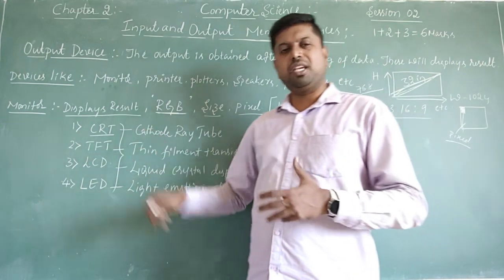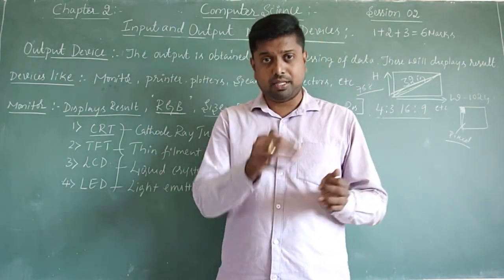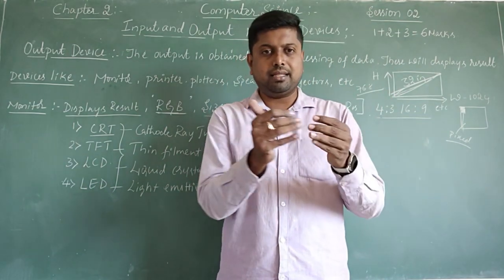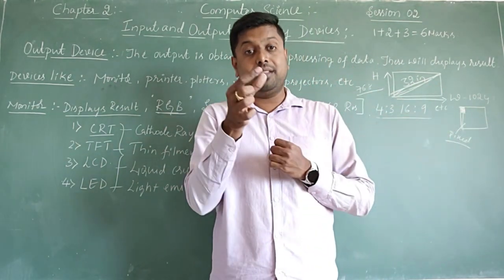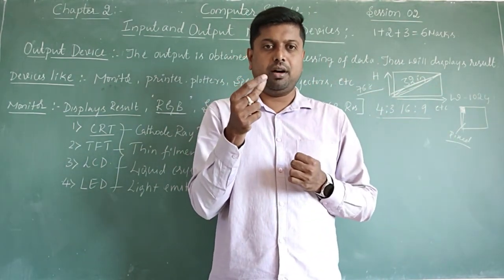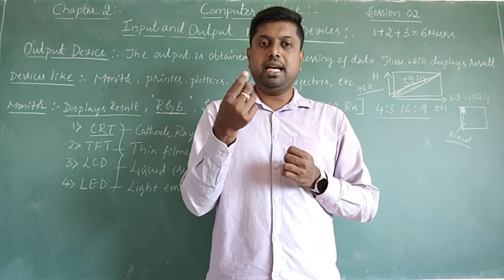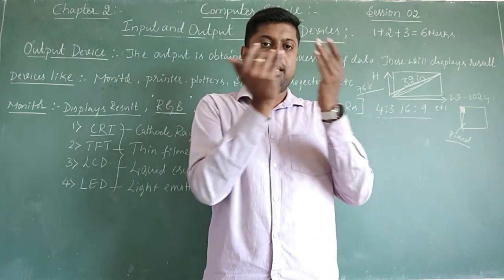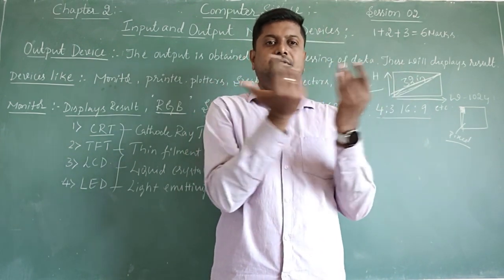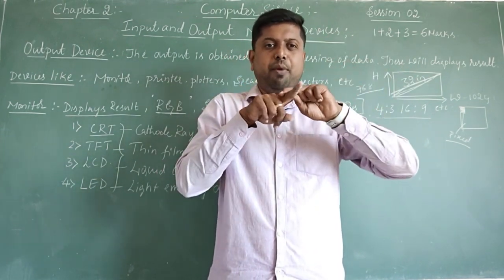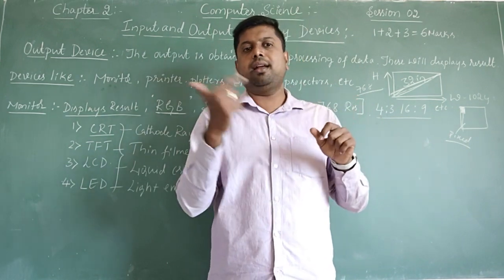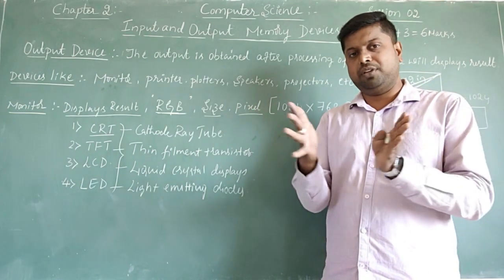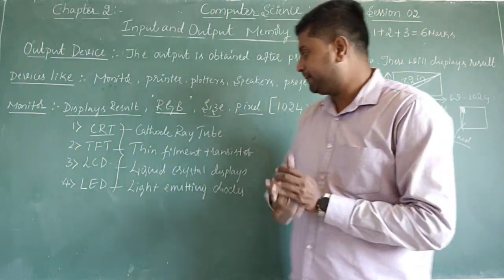After that, TFTs will come, thin film transistor. The name is telling. The monitor sizes are decreasing, especially the width of the TV or monitor is decreasing. Now the thin film transistor displays the result in the front film. Film means there is one type of layer. Through that layer the images will be displayed. That's why the width of the TV is automatically reduced.